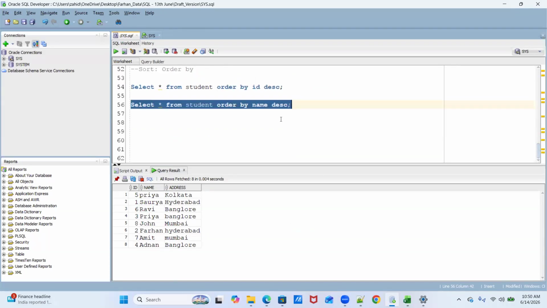Now I'll ask, okay, how are the names converted in descending order? Anybody has any question? By alphabet, yep, alphabet order. Correct. By the alphabetical order or by the dictionary order, right?